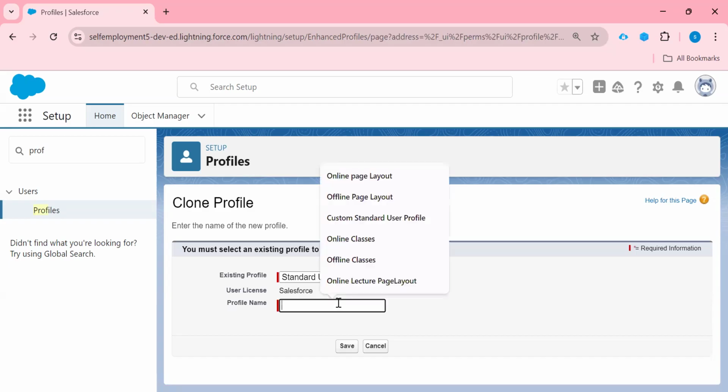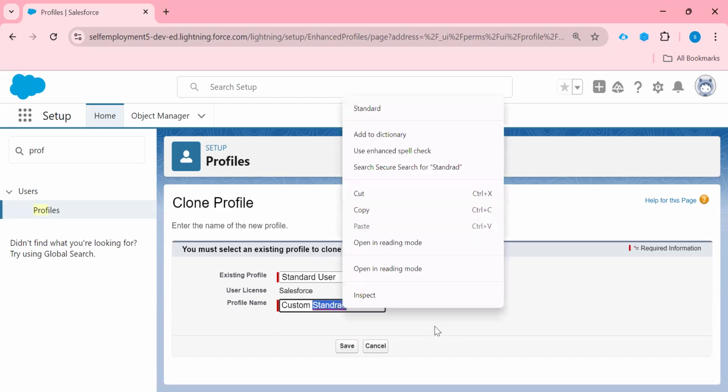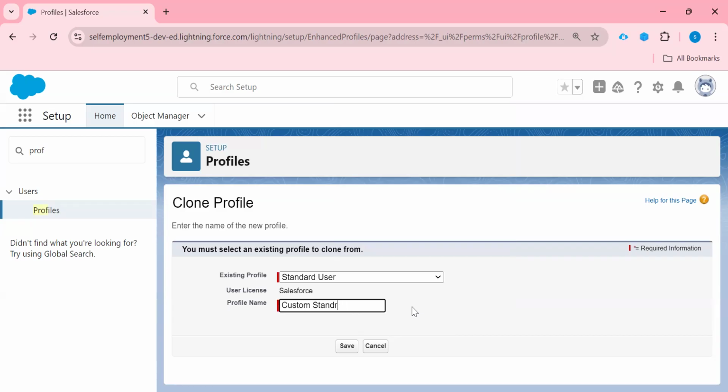And my profile name I can give custom standard profile, right?